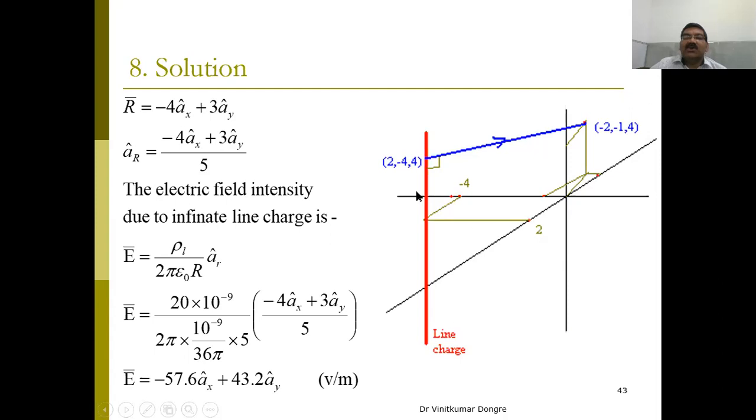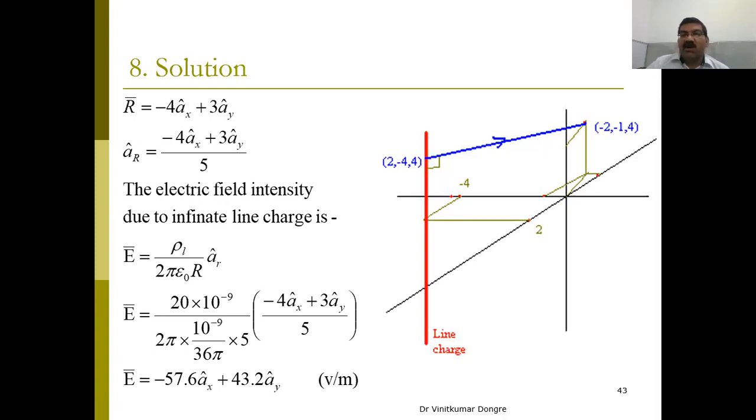What is x? 2. So 2 is fixed because all the points on the line will have x equals 2, as well as y equals minus 4, because the line is passing through this. And what will be the z coordinate? The z coordinate will vary. So how do we find this 4? You just match with this. What is the z value on this required point? It is 4. So the same thing is here. Okay. So this is the only tricky thing that you require.